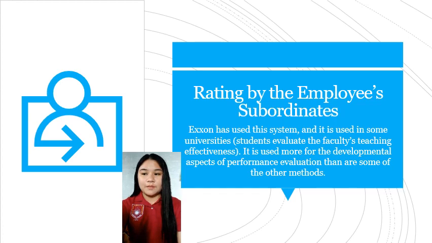Rating by the employee's subordinates. Exxon has used this system and it is used in some universities. Students evaluate the faculty's teaching effectiveness. It is used more for the developmental aspects of performance evaluation than are some of the other methods. Immediate subordinates: its proponents argue that eliciting these opinions is consistent with recent trends towards enhancing honesty, openness, and empowerment